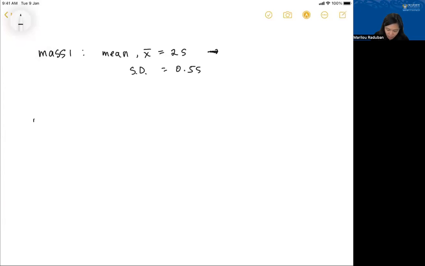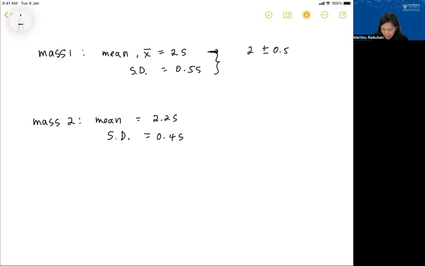Say for the second mass, the mean that you got was, for example, 2.2 seconds, and the standard deviation was 0.4 seconds. These are just random numbers for the average and standard deviations of the periods that you obtained for different masses. So the mean and the standard deviation means that for the first mass, you have 2 seconds plus minus 0.5 seconds